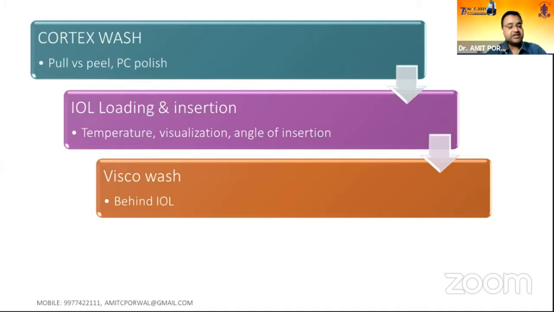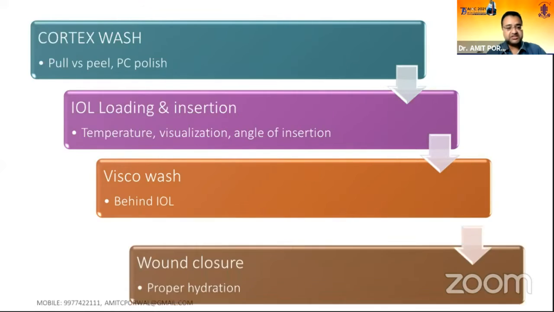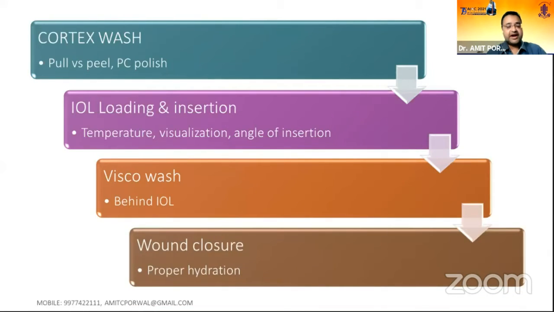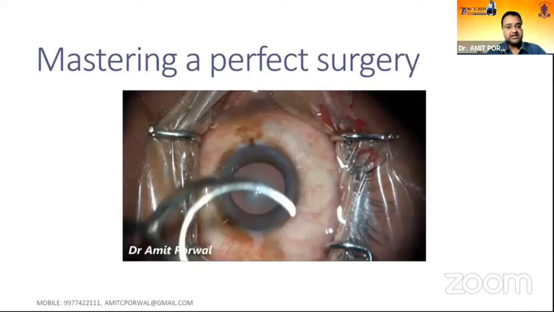Visco wash behind the IOL is very, very important. If you don't wash your visco behind the IOL, there might be an IOL rotation, especially it is very drastic when you are using a toric IOL, or if your capsulorhexis is small, you can have a capsular distension syndrome. Wound closure, again, proper hydration is a technique which has to be learned, and all the 6 wounds have to be hydrated. So without wasting much time, I now proceed with my first surgery, that is mastering a